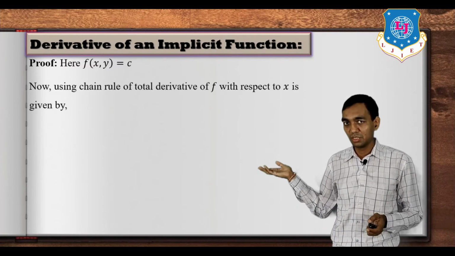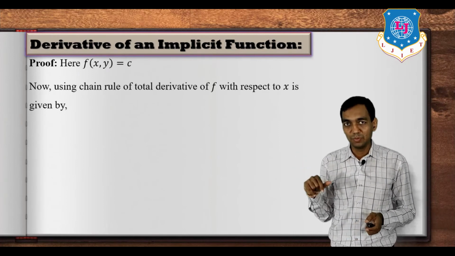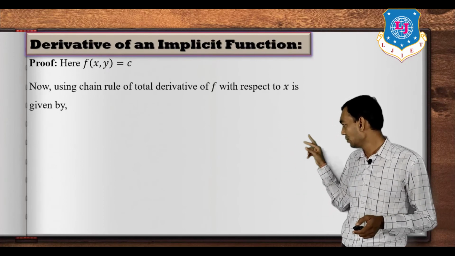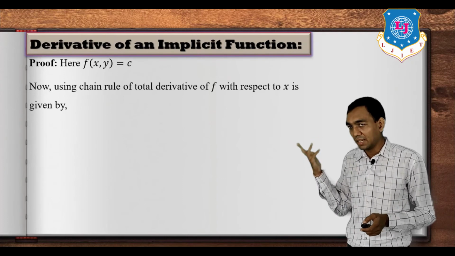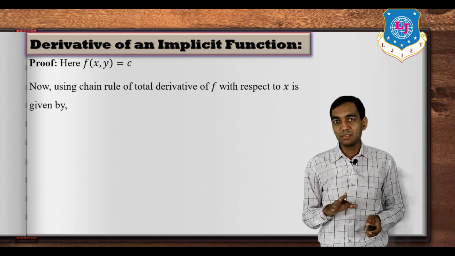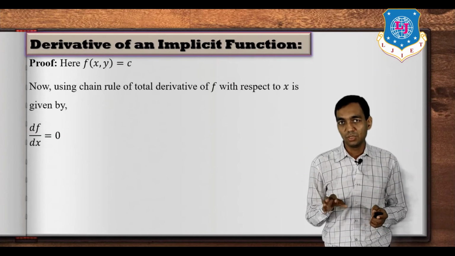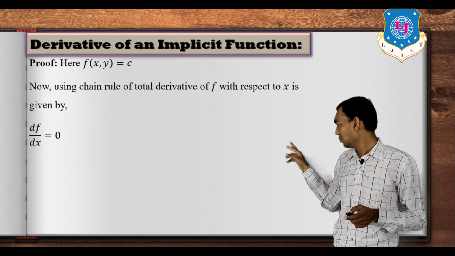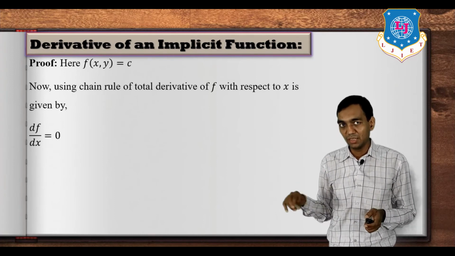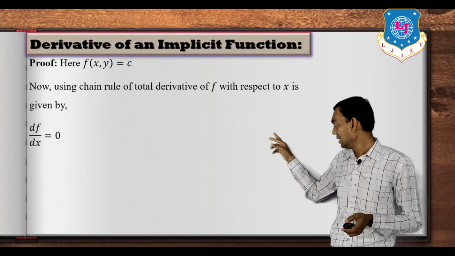We are going to use the chain rule. Consider f(x, y) equal to a constant, that means f is a function of x and y, and we have assumed that y is a function of x. Also, the derivative of y with respect to x is non-zero, that means ∂f/∂y is not equal to 0. In that case, applying the chain rule,